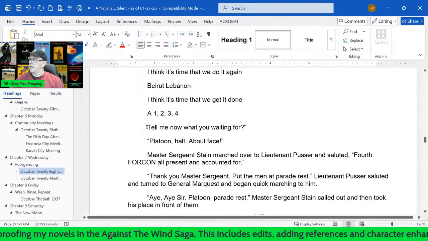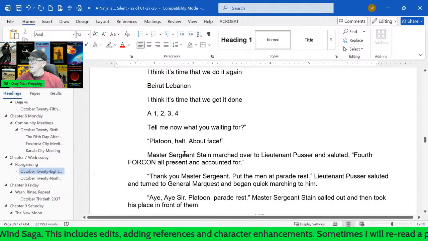And he ended with, tell me what you're waiting for. Platoon, halt. About face. Sergeant Stain marched over to Lieutenant Pusser and saluted. "4th Forcon, all present and accounted for." "Thank you, Master Sergeant. Put the men at parade rest, Lieutenant"